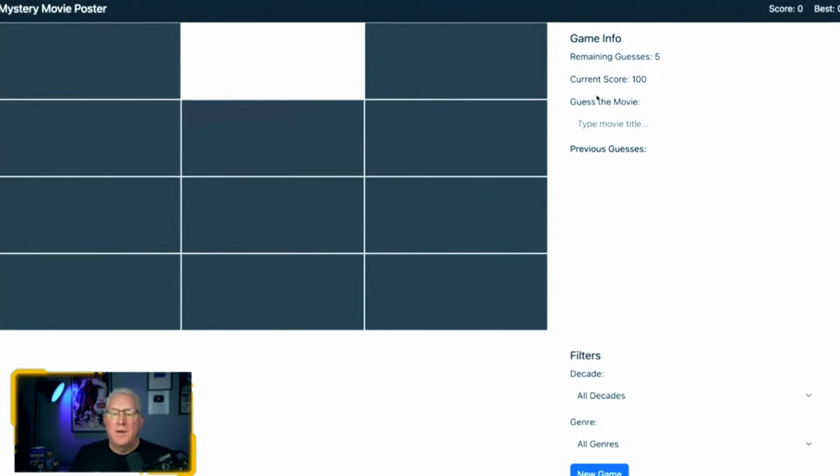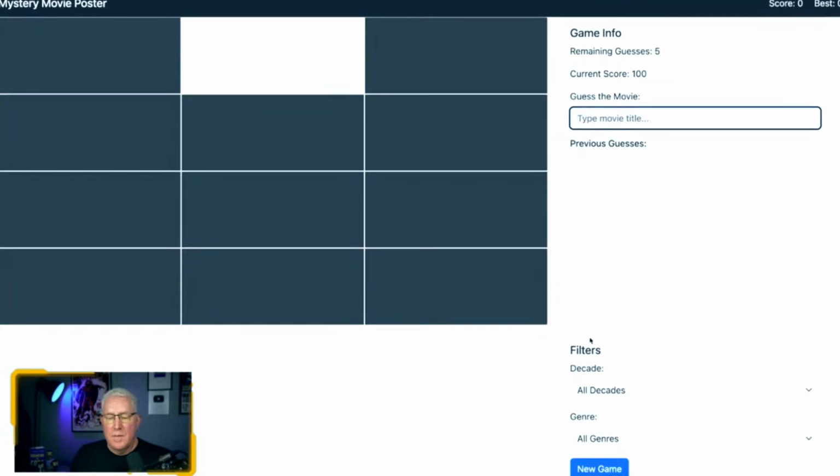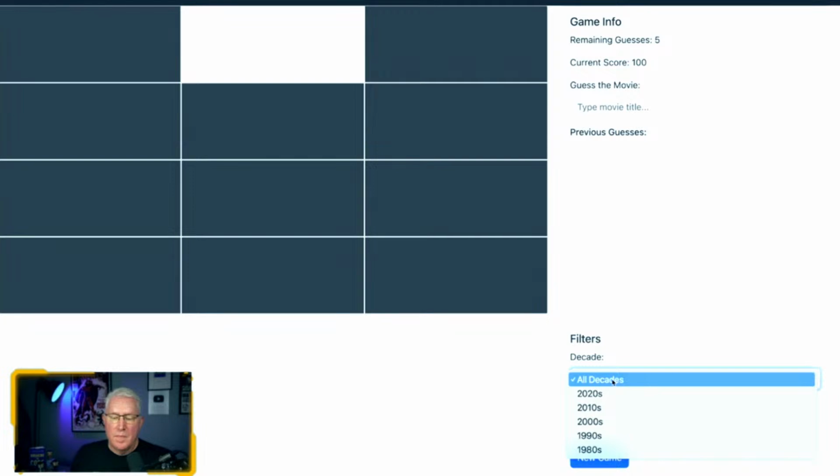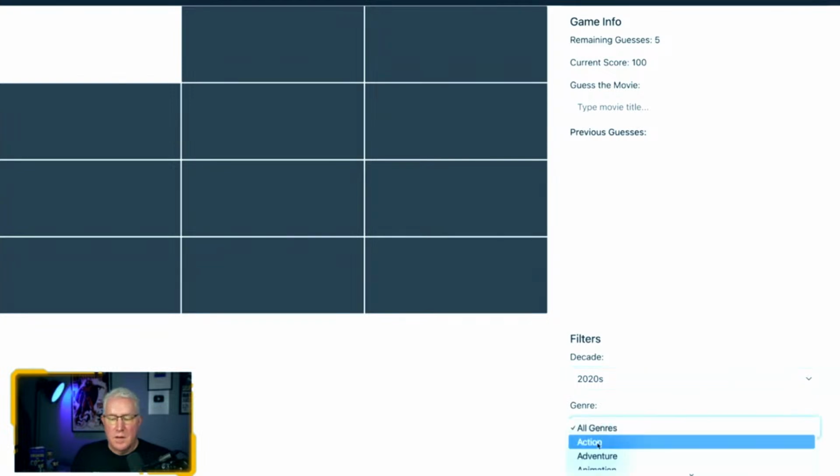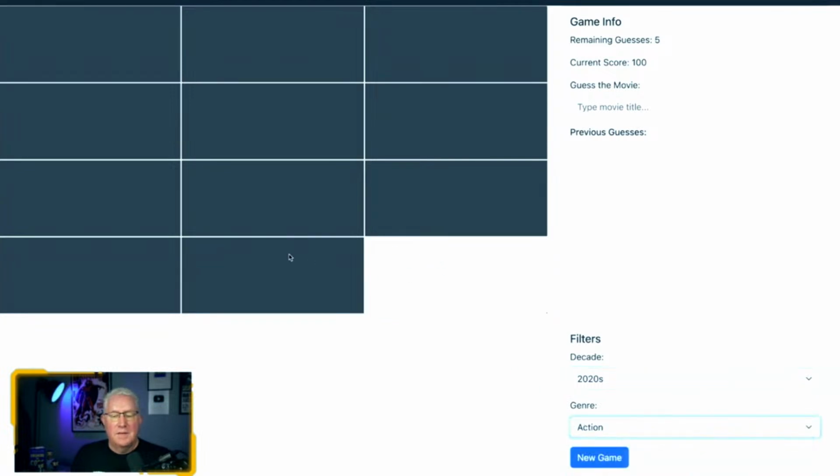Let's just try and get the poster in to start off with. I think this is the way to vibe code with this now. You pick one of the problems, and then you try and figure it out. So try choosing a decade and a genre just to see if that prompts it. Because don't forget, this might work totally different than the one we made this morning. And then click new game again, just to see.